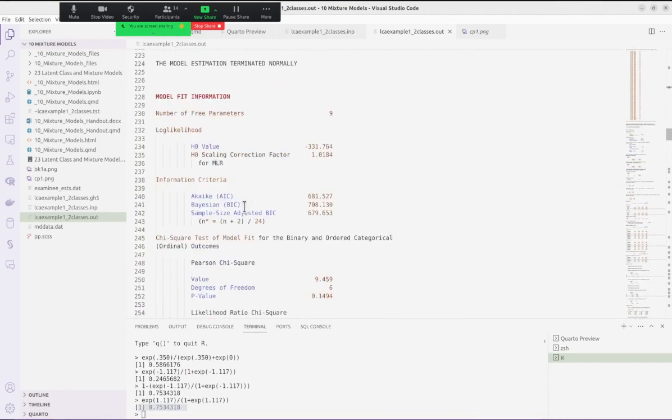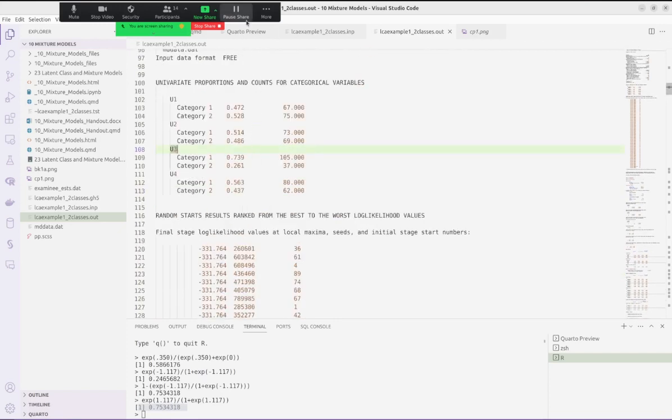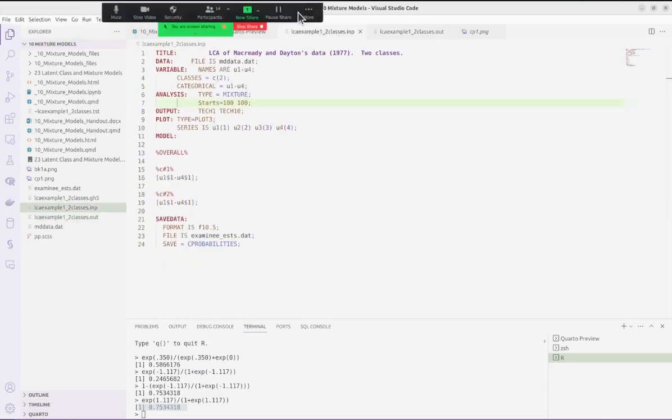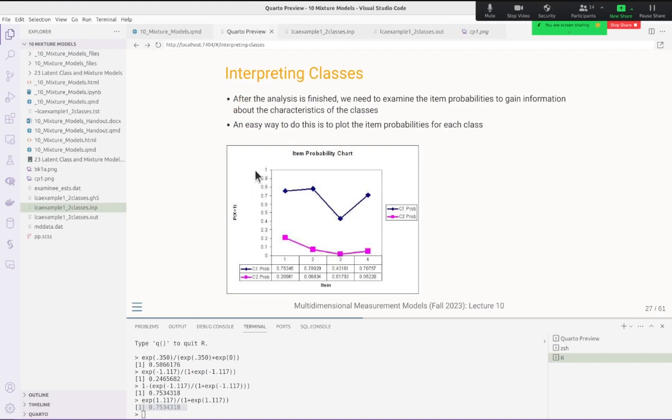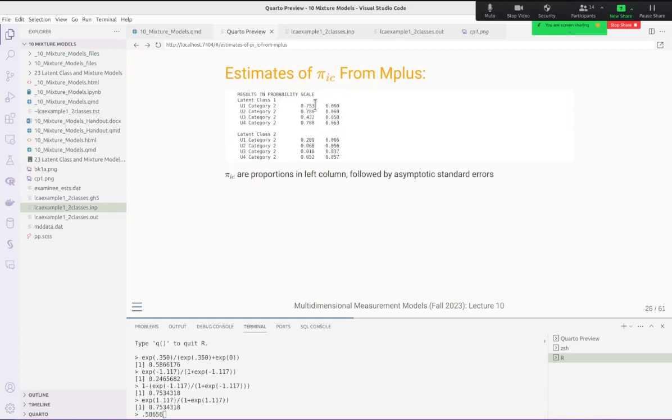Let's do this. Let's take the proportion of people in each class. I have it summarized in my slides rather than fighting with Mplus output. Come on. Why can't I get to Quarto preview? Come on. There we go. All right. So we have 0.58656. That's the proportion of people in class 1. Now take a look at the proportion of people in class 1 who answered it correctly, 0.432. So we could actually say, if we multiplied 0.432 by 0.5856, the proportion of people in that class,